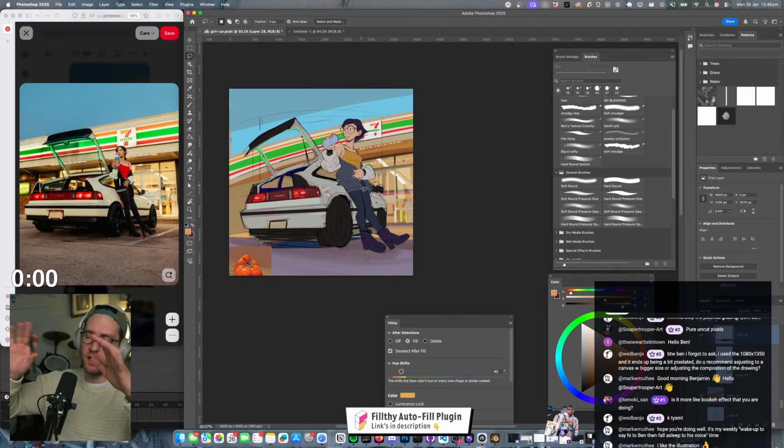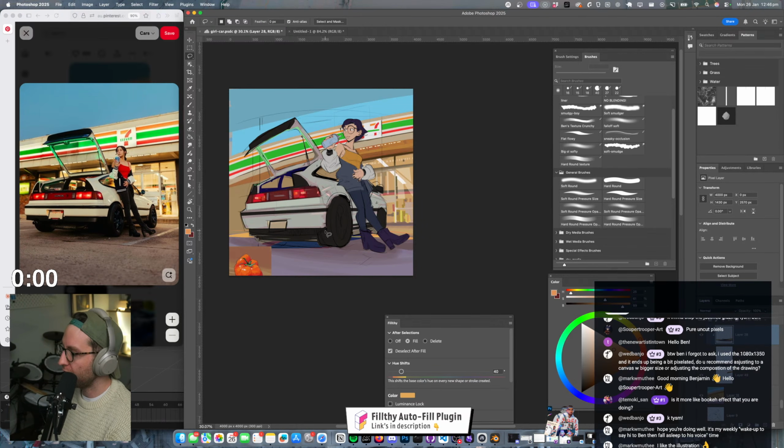Notice how it's kind of very low contrast at the moment. It's not super poppy just yet. That's something that we can come over the top with later.